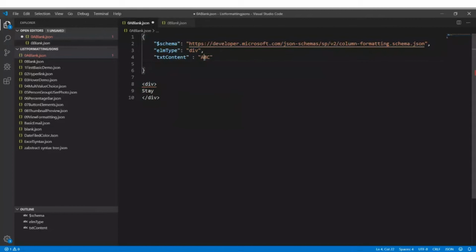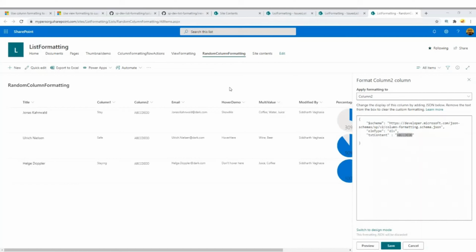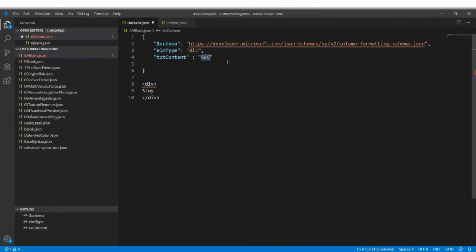Okay, so what we will do is maybe we wanted to refer the current column values. Okay, whatever values are there. So let me just remove this and preview it. So we are getting stay safe. Okay, that is the value here. So for that, what we can do is we can use a token which is current field. Okay, so this is a token which is defined by Microsoft,